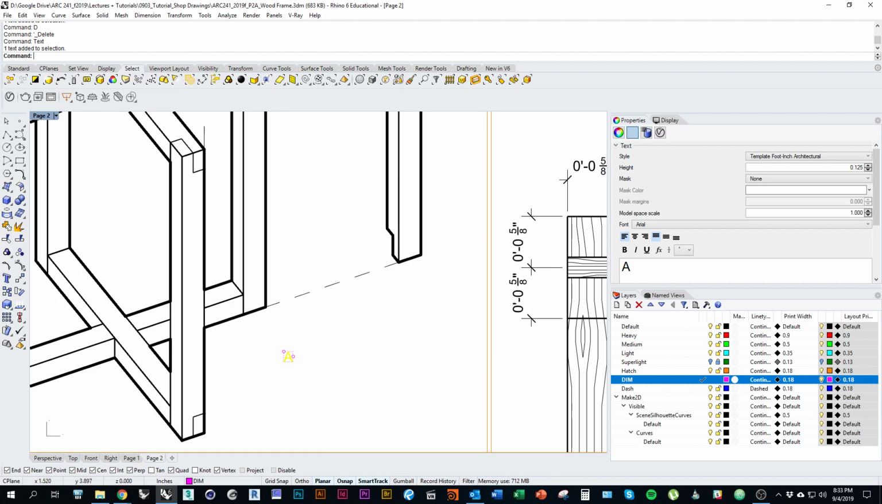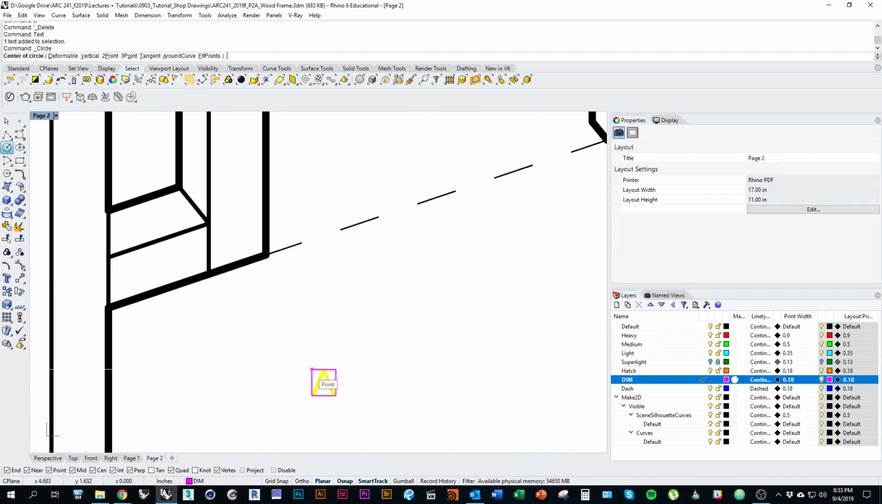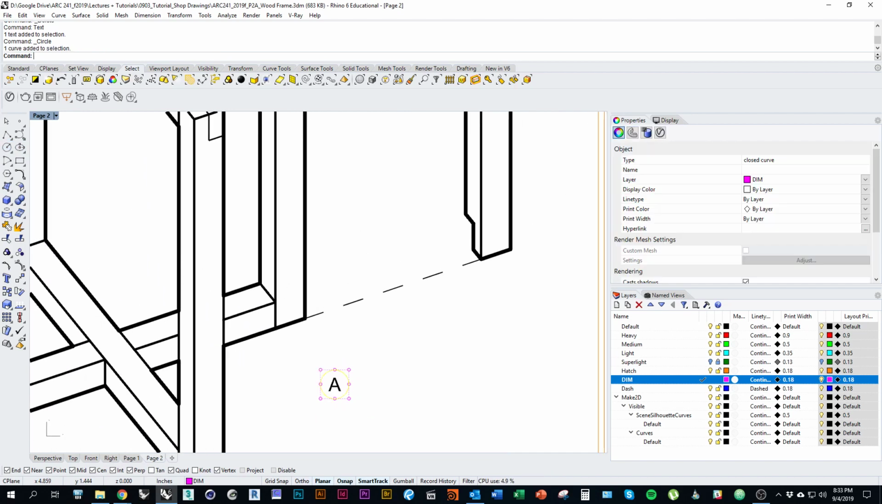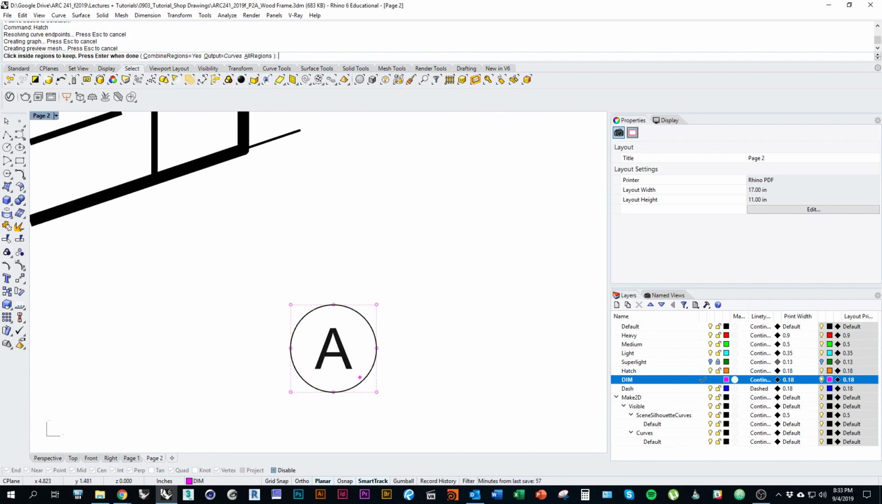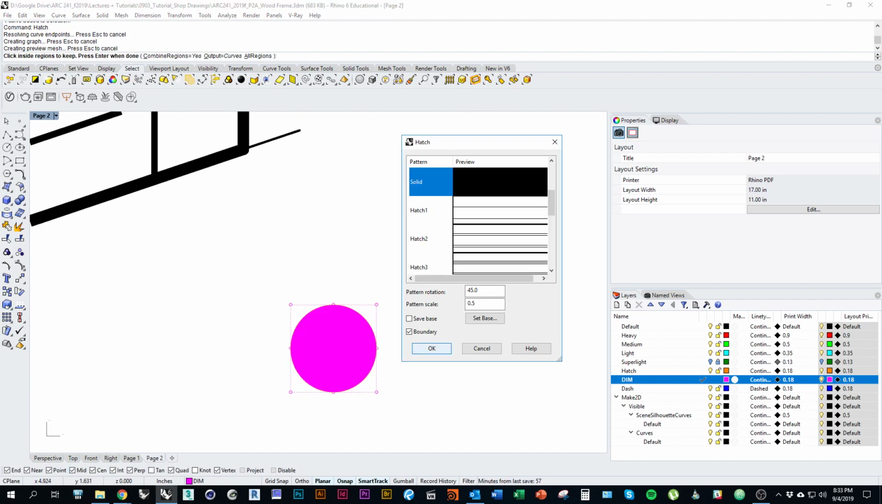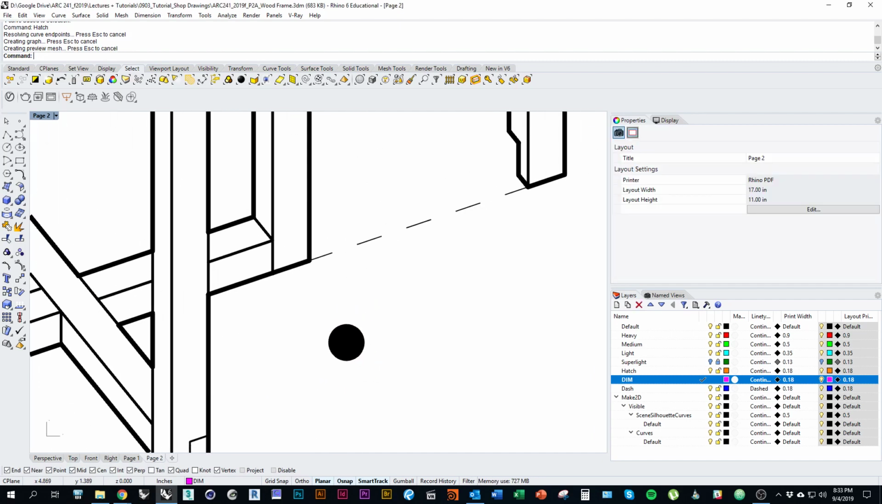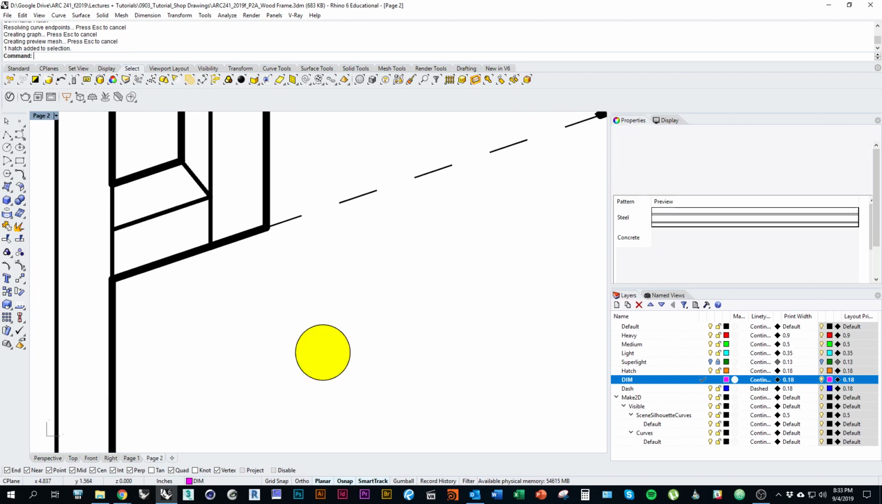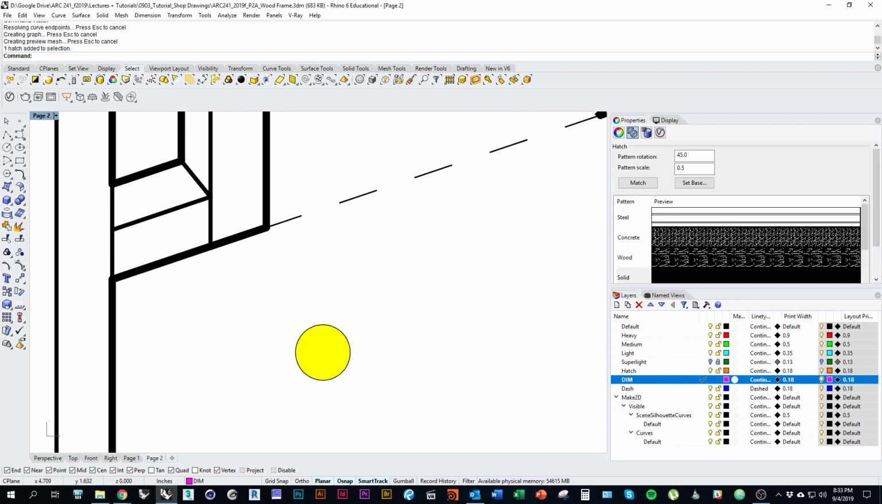Now I also want to make a little element around this. I'm going to draw a circle real quick. And I'm actually also going to hatch that circle. I click inside. I can make it solid. So now you can see, I can't see what my letter says. If I select that hatch though,